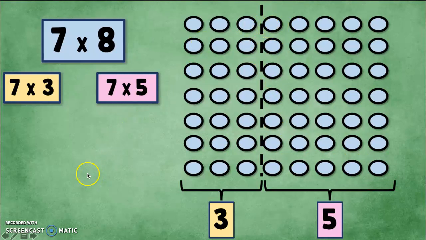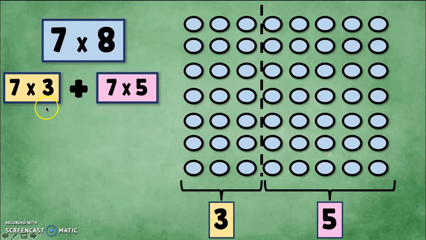Good. Now, what are we going to do with 7 times 3 and 7 times 5? Just write that? No, can't break it. We got to add those together, because if we break it apart, we can't leave something broken. Our parents would be upset by that. We have to put it back together. All right, so let's see. So now that we have 7 times 3 plus 7 times 5, we need to go ahead and solve for